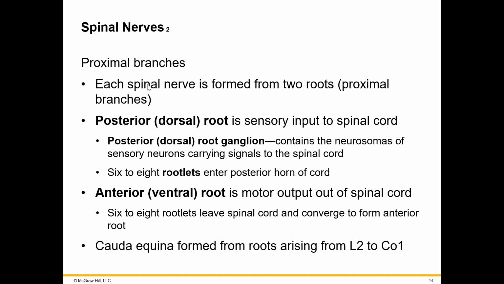Proximal branches. Each spinal nerve is formed from 2 roots, known as proximal branches. There's a posterior dorsal root that carries sensory input to the spinal cord. The dorsal root is made up of